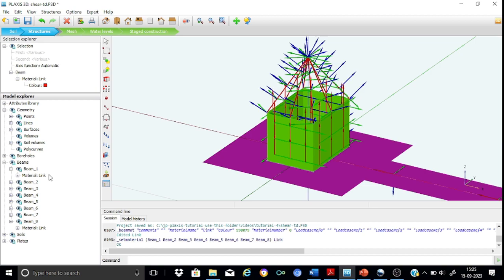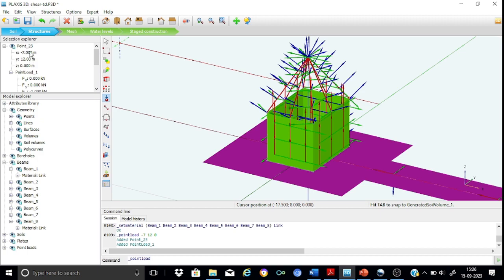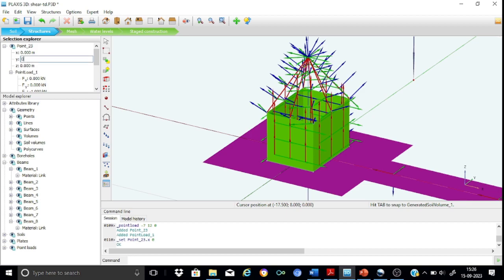So we have completed the definition of the link elements, and now we need to define point loads at some critical locations. For example, at z equal to 6 meters, we need to define a point load. At the other column locations also, we need to define a point load. So let us proceed with the definition of the point loads. Obviously, we can go over to this point, create point. There's a point load option, create point load. You can press, for example, here, and if you want to change it, you can change it. I wanted to apply it at 0, 0, 0, 0, at z equal to 6,